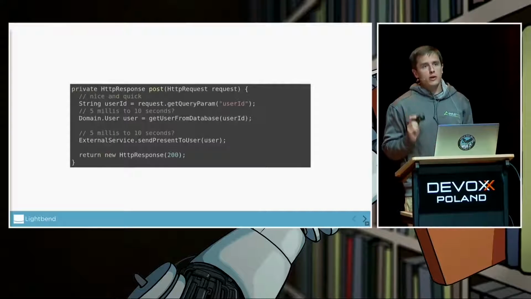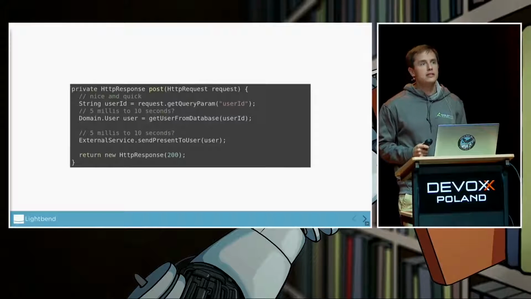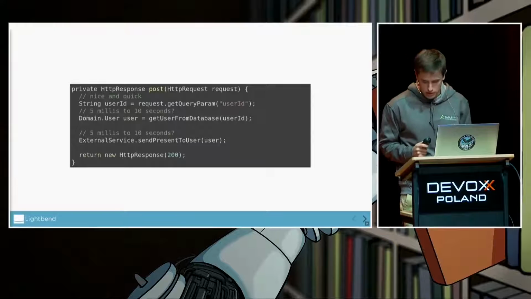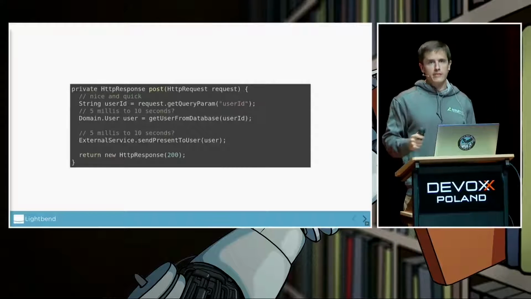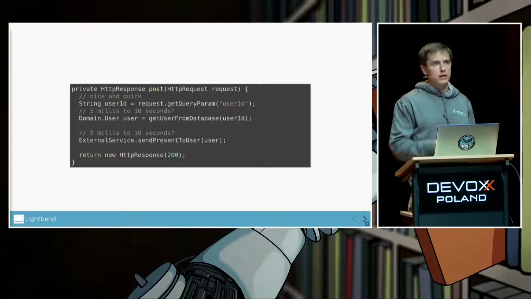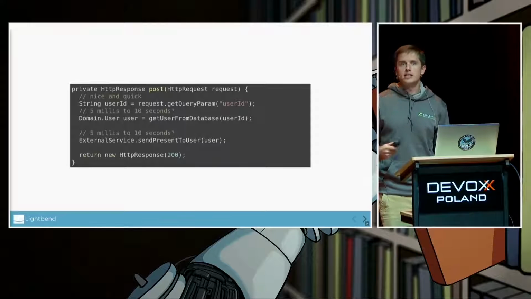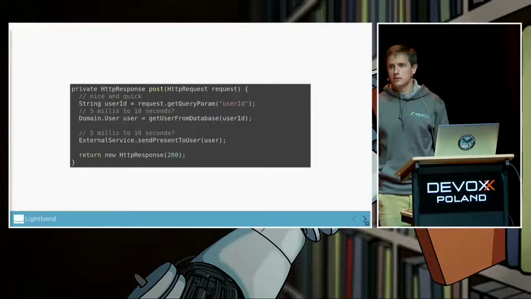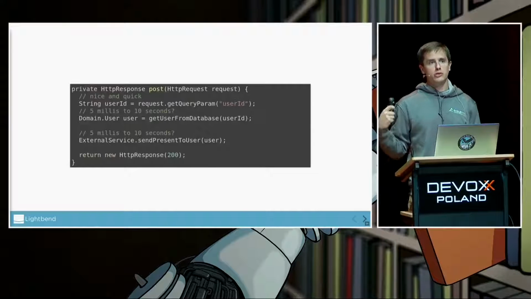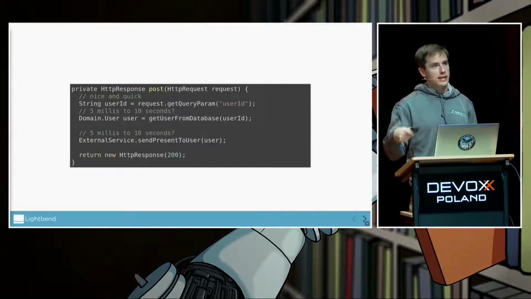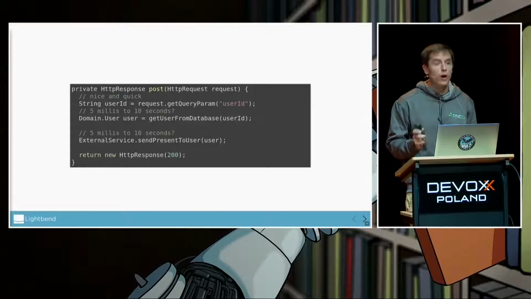So if you make a call to JDBC, or you make a call to your favorite HTTP client, and you've got some kind of agreement that you want to respond to this request or time out within 500 milliseconds, how do you do that with this execution model? I mean, maybe you can set timeouts on your HTTP client. Maybe you can set timeouts on your database drivers. And typically, these things end up mapping to socket-level timeouts. So you end up with like TCP receive timeouts, TCP connection timeouts, which don't quite marry up to what your